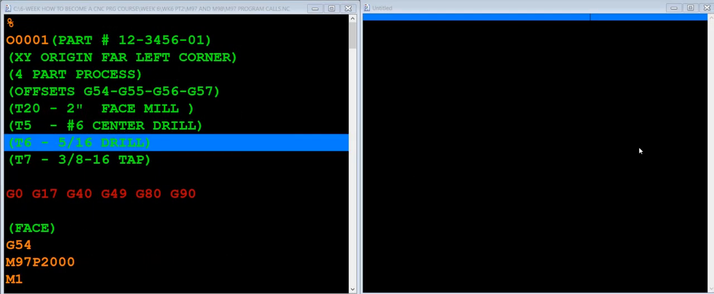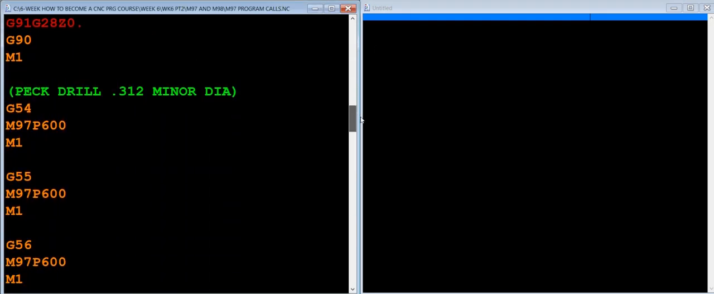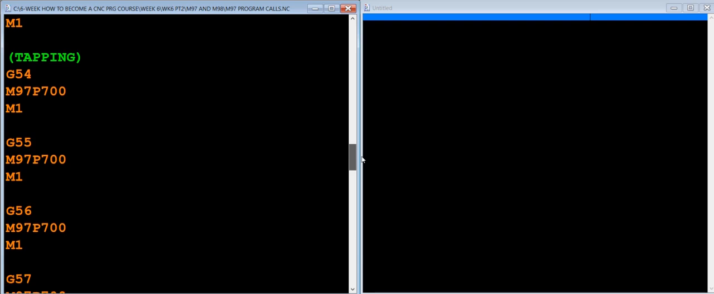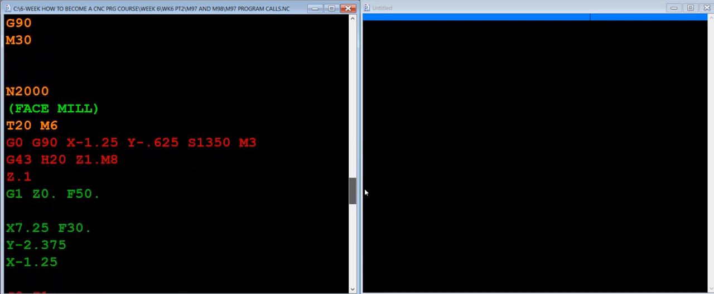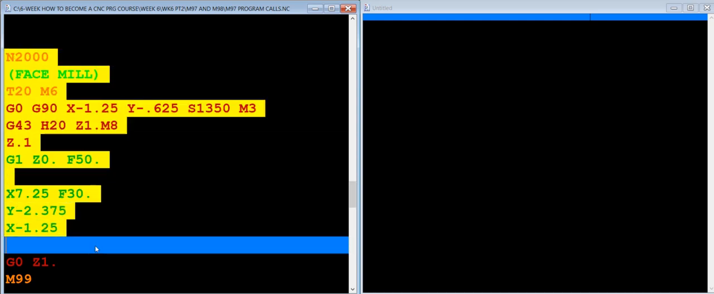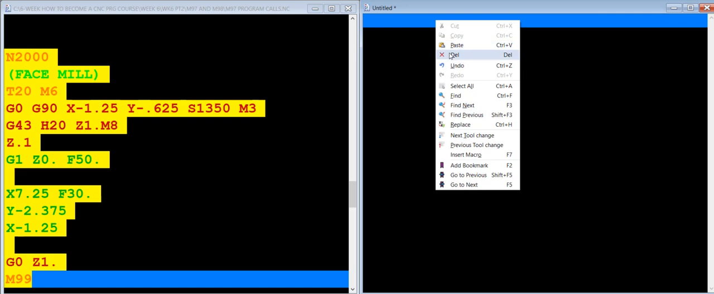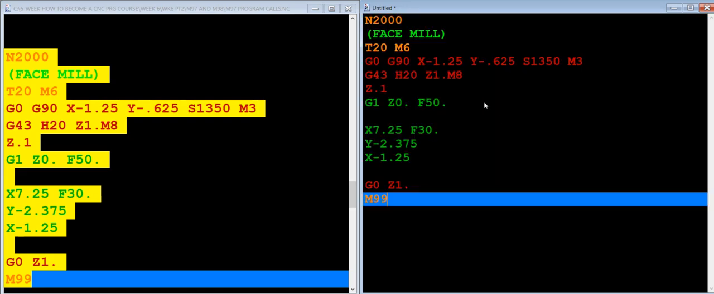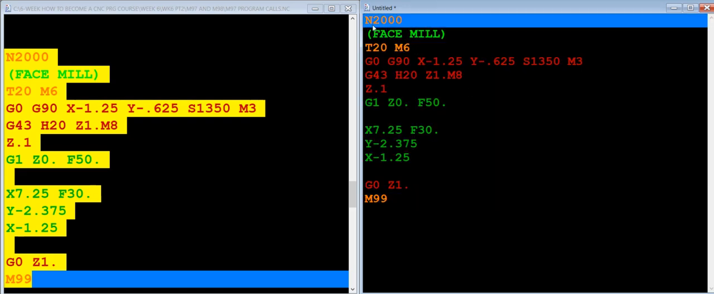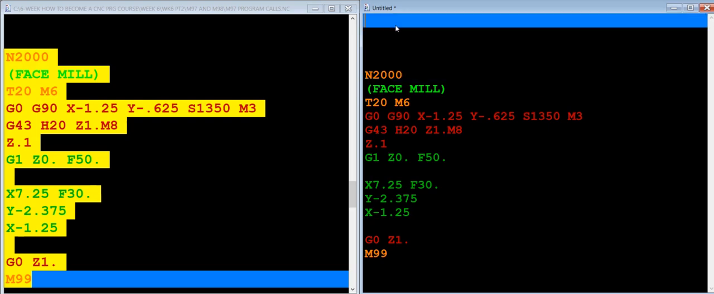So now we're going to create the subprograms, and we're going to use the program that we created for the Haas with the M97 subroutines, and we're going to extract these subroutines one at a time. So I'm going to take the face milling operation right here, Control C, and do a Control V or paste. Alright, so now we need to identify that this is the subprogram for